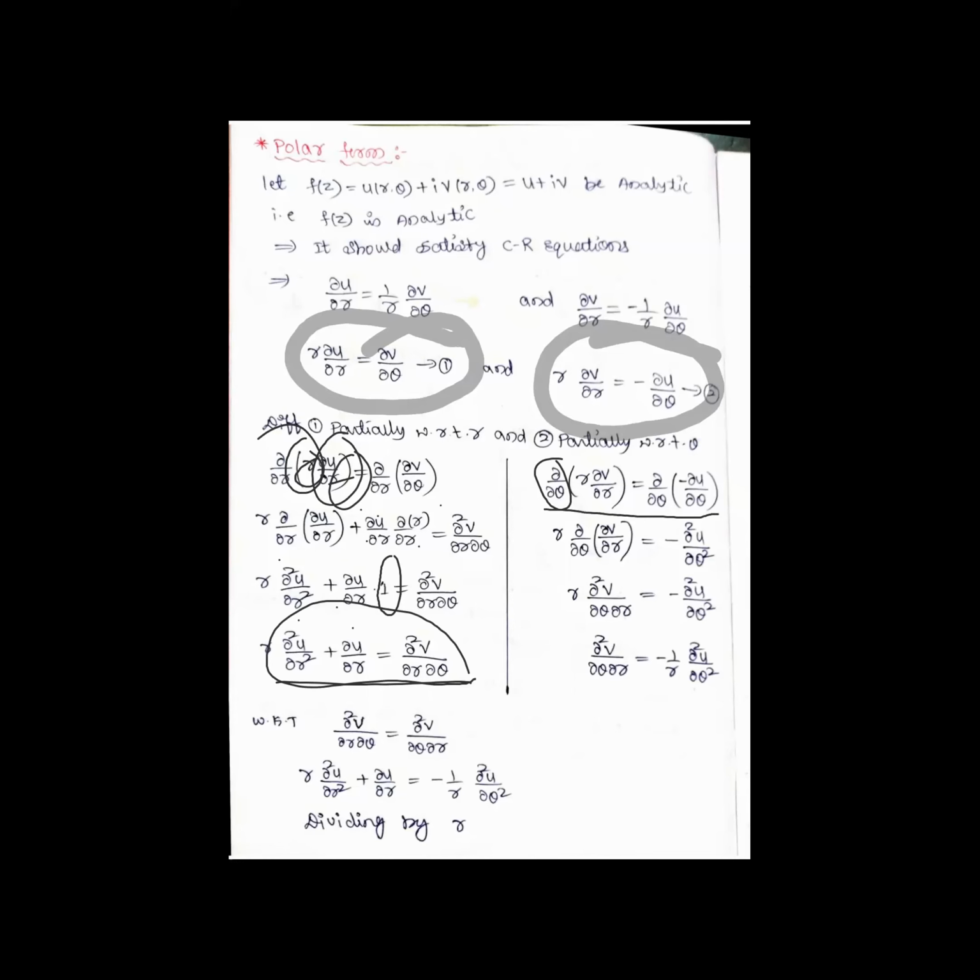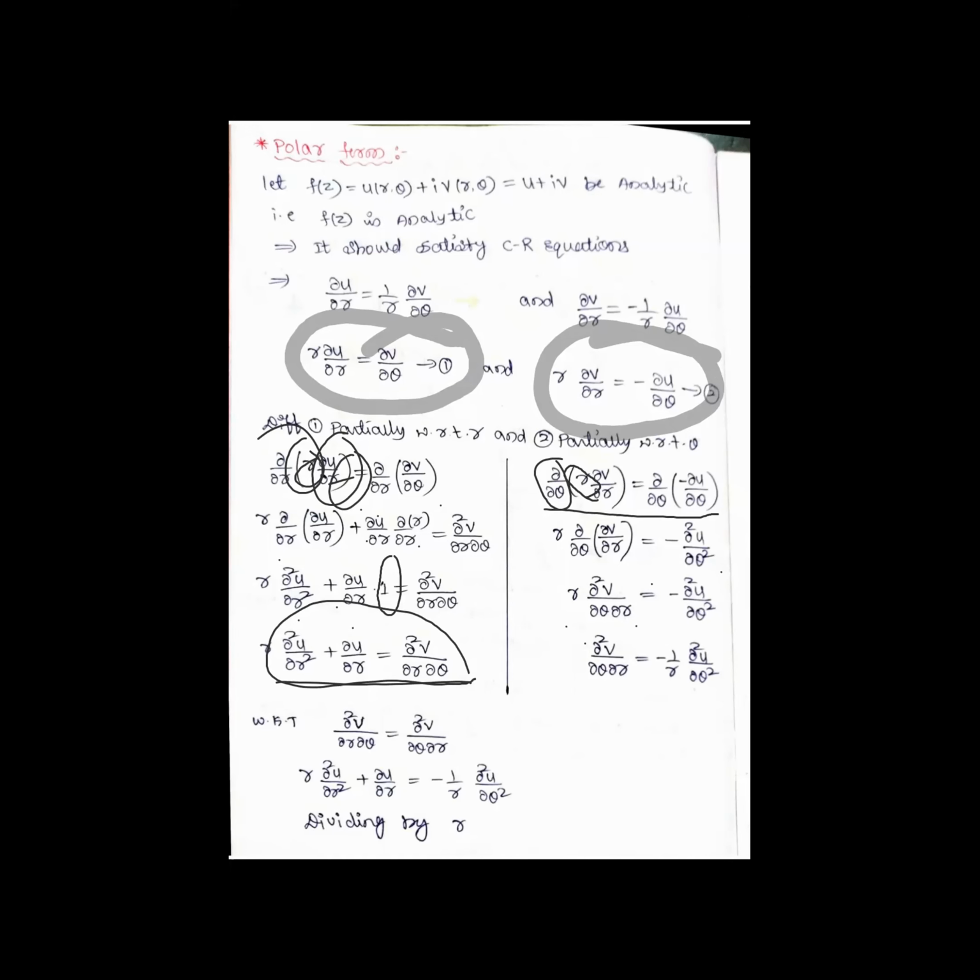When you are differentiating with respect to theta, the other variable is r, so that is acting as constant. Whenever constant, we have to take out, so this I'll take as out. So dou by dou theta of dou v by dou r, that is equal to minus dou square u by dou theta square. So r times dou square v by dou theta dou r is equal to minus dou square u by dou theta square. So that is the mixed derivative.